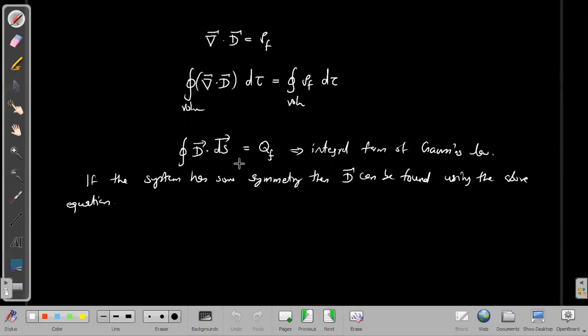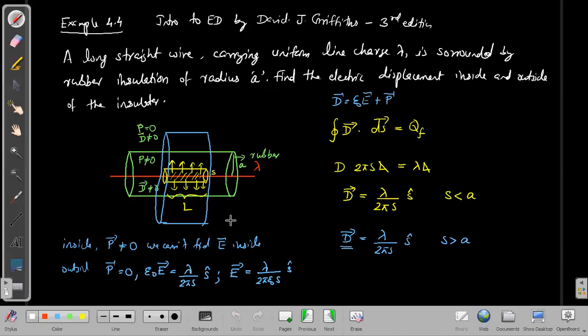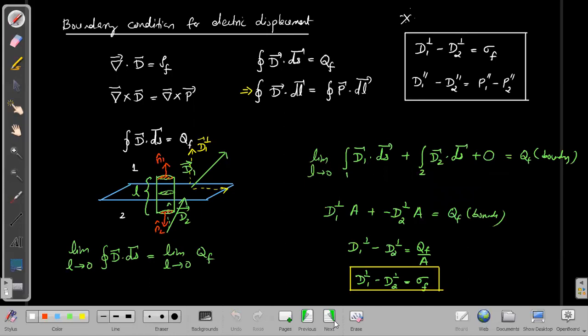So there's a Gauss's law for electric displacement, and this equation is similar to the Gauss's equation for the electric field. That is, instead of the total charge divided by epsilon 0, we are getting only the free charge Q f. That is the only difference. So we can use all the techniques that we have used for the Gauss's law for electric field in the case of electric displacement. The only thing is the system has to possess a certain kind of symmetry, and we have illustrated it, that is, how to use this equation to find the electric displacement inside the material as well as outside the material. And finally, we have discussed the boundary condition.